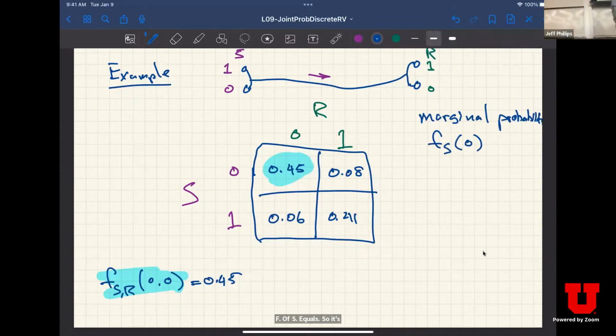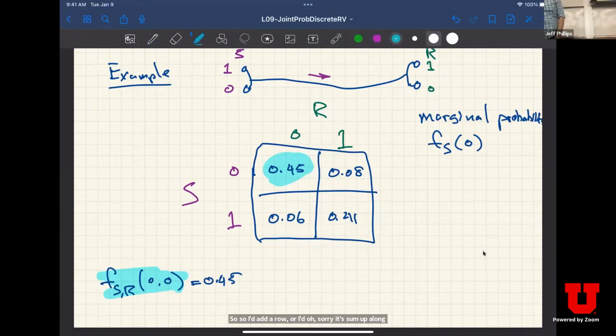So the probability that the bit sent was a 0. I would like to get this from the table. How would I get this from the table? So I'd add a row, or I'd